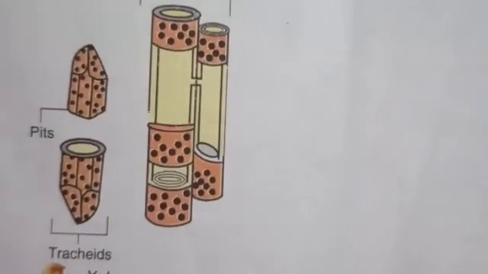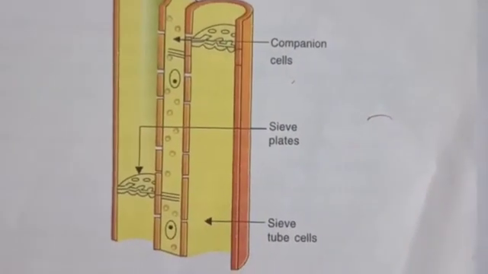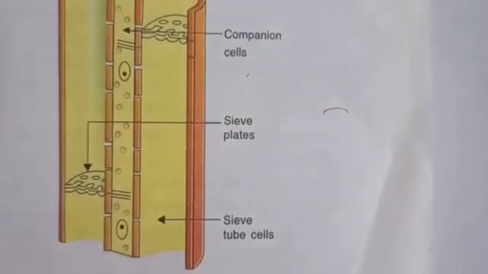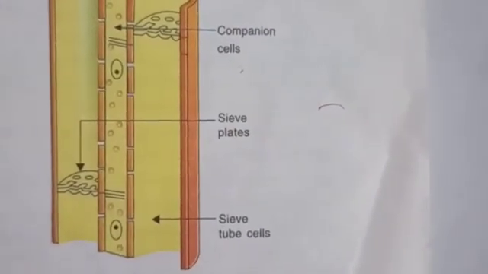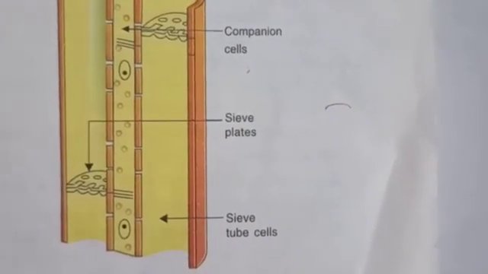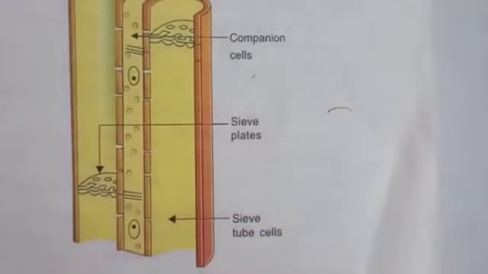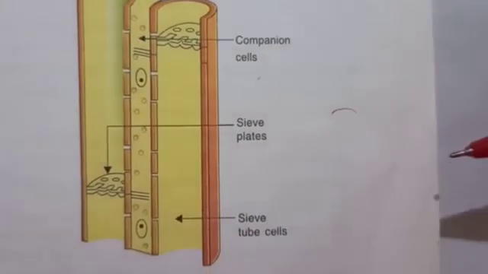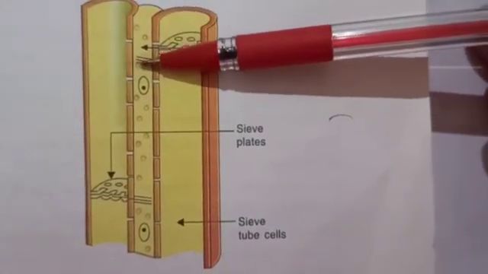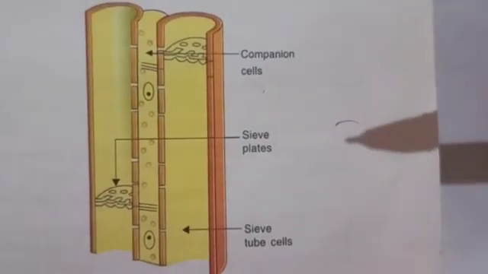Now the second one is phloem tissue. As you can see, it has four elements. Phloem is also a conducting tissue. It transports food materials from leaves to the other parts of the body. Phloem is composed of four elements. What are they? The first one is sieve tubes. Then companion cells, these are companion cells here in the middle. And then we have phloem parenchyma and phloem fibers.